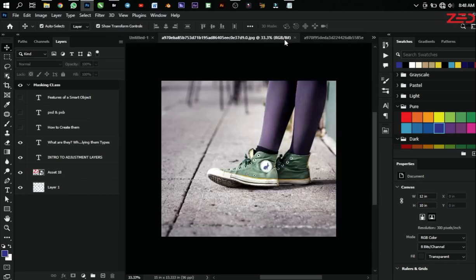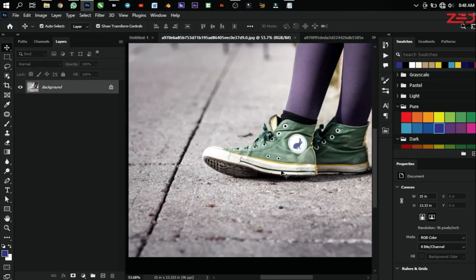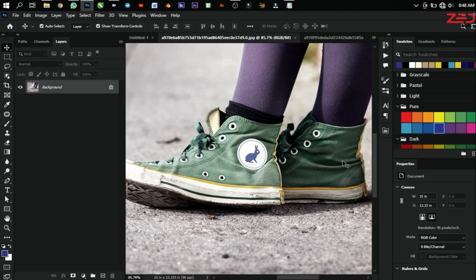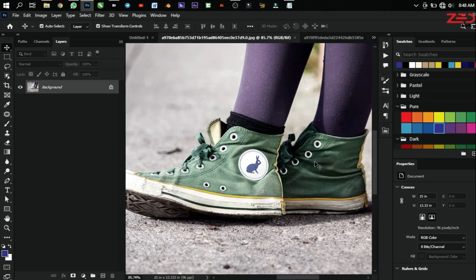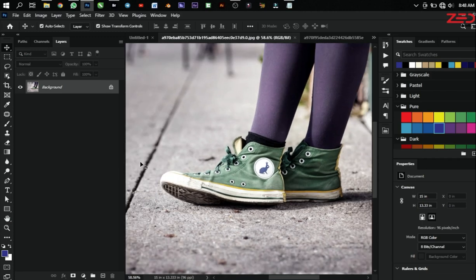And so for today we're going to have these examples. Like this is a shoe here, right? And let's say I want to change the color of this shoe to yellow. No, there's yellow here already, so let's say we want to change it to red. We need an adjustment layer that will look at the color green and change it to the color of our choice. Okay, so if we, for instance, create an adjustment layer,